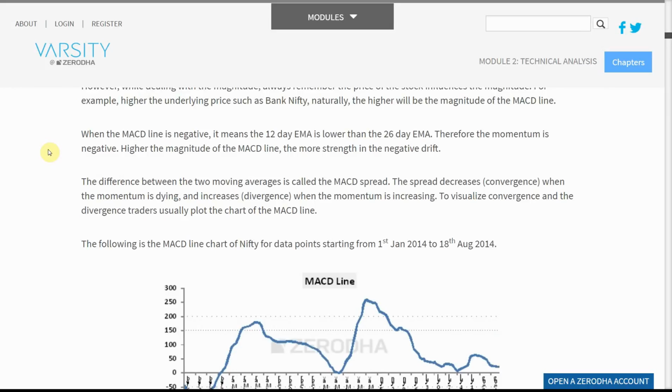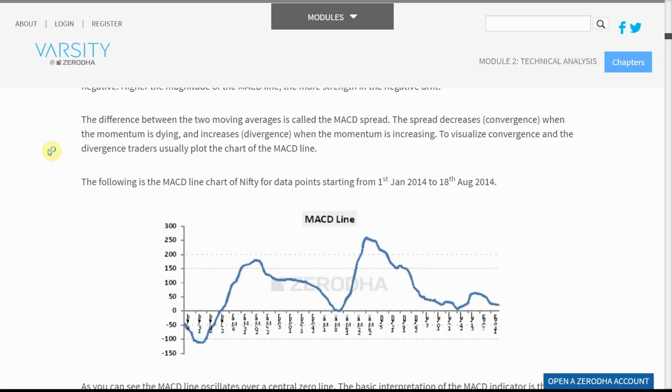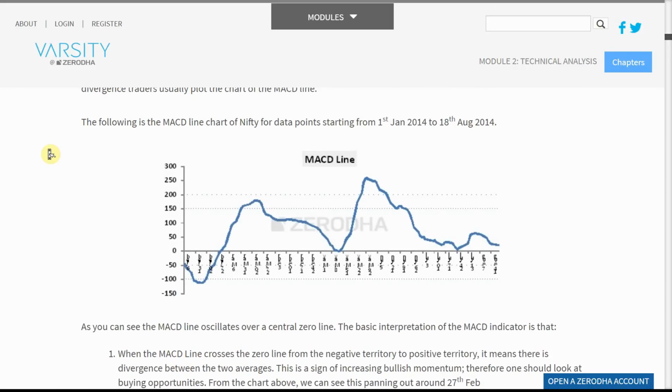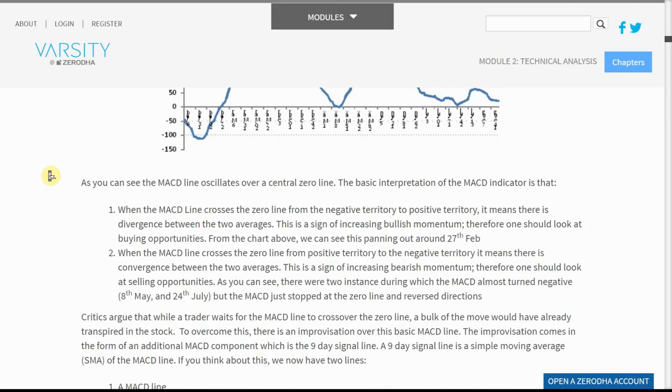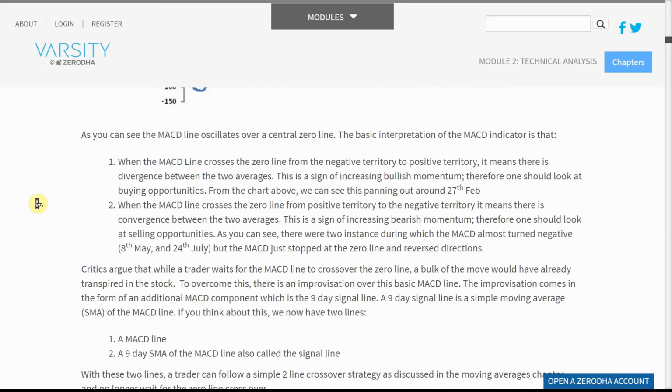To visualize convergence and divergence, traders usually plot the chart of the MACD line. The following is the MACD line chart of Nifty for data points starting from the 1st of January 2014 to 18th August 2014. As you can see, the MACD line oscillates over a central zero line. The basic interpretation of the MACD indicator is that when the MACD line crosses the zero line from the negative